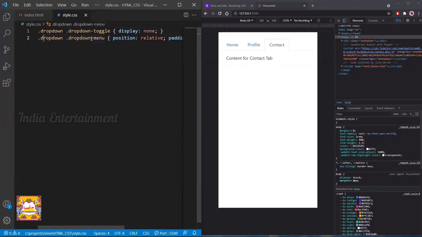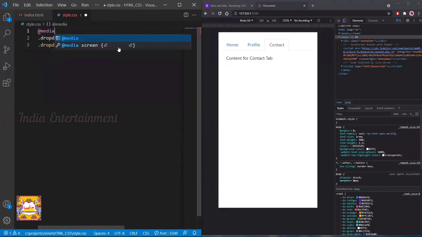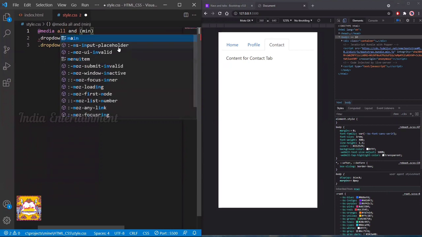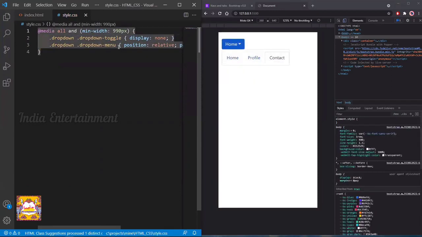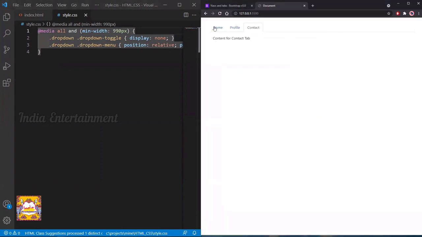So we wrap this one inside a media query, min-width set to 990 pixel. I'm saving this, and now you can see that button here, and in desktop version you can't see that. So the styles are applied only for the desktop version, not in mobile version.